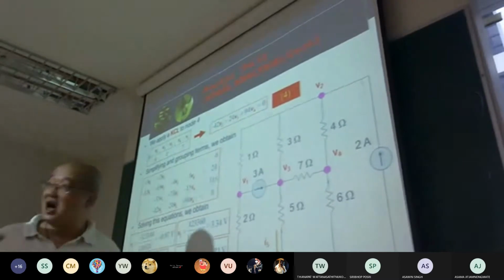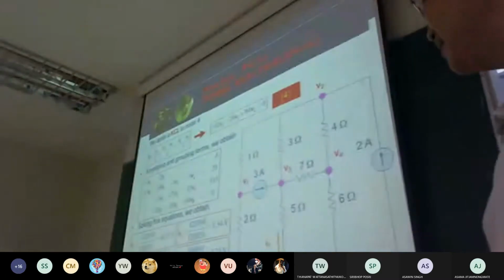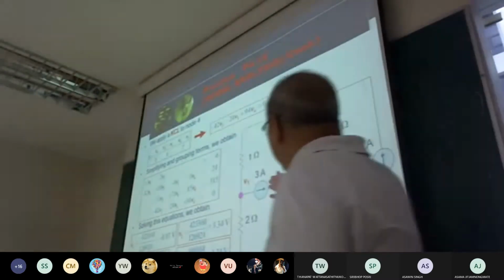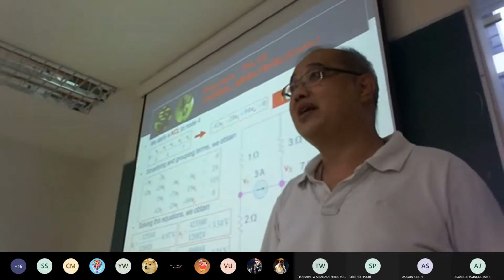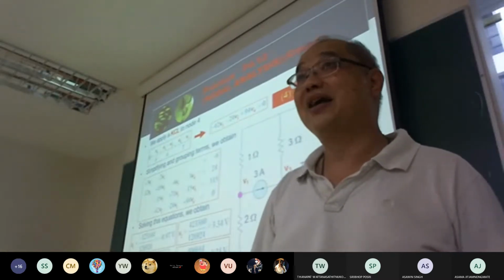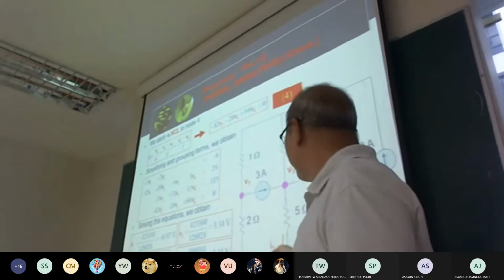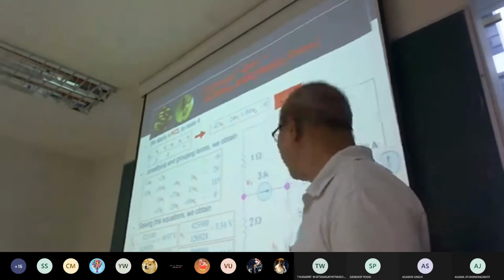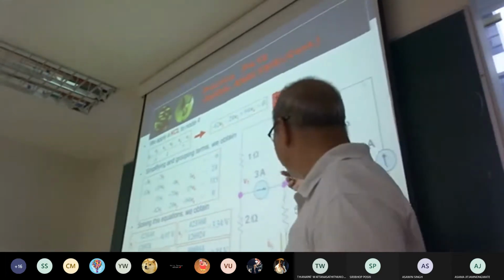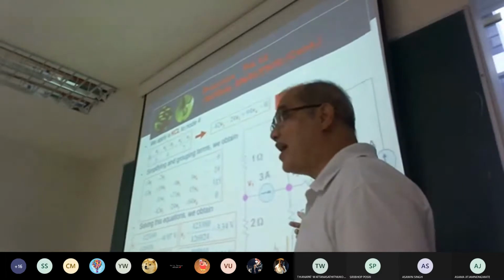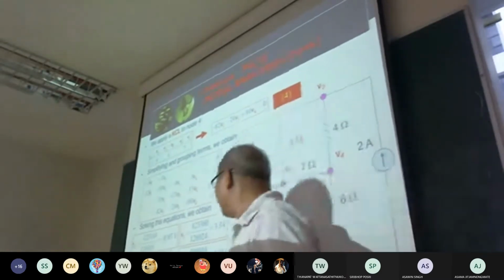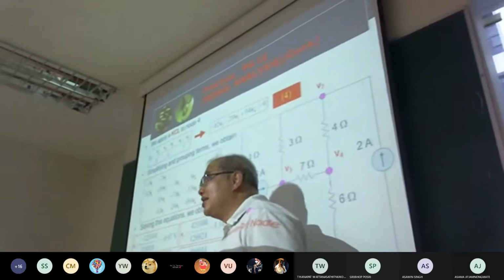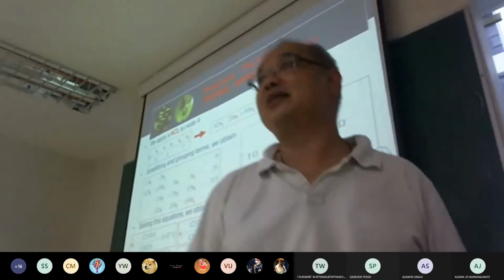Or you can push everything into a single framework, 4 equations, 4 unknowns. After you get V1, V2, V3, V4, the question not only asks you for V, it asks you for I phi, the current flowing here. I phi equals V3 divided by 5, that is (V3 minus 0) divided by 5. You know V3, so you can push V3 in here and determine I phi easily.